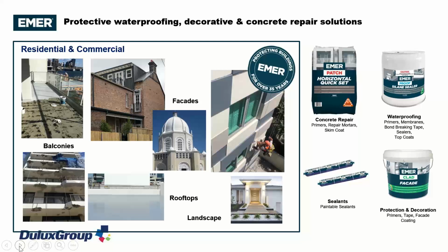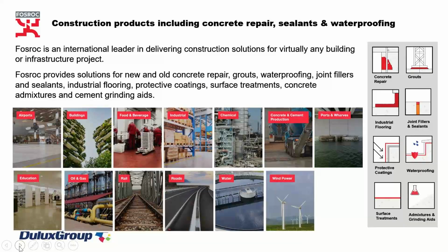And waterproofing, which is great for balconies. One of the biggest issues we see with a lot of apartment buildings is waterproofing on the balcony. And we've even got paintable joint sealants as well, which helps to make the building look much nicer. And if we don't have it in the Emma range, which is tailored more to commercial properties, Fosrock is our other brand, which is our kind of heavy duty concrete